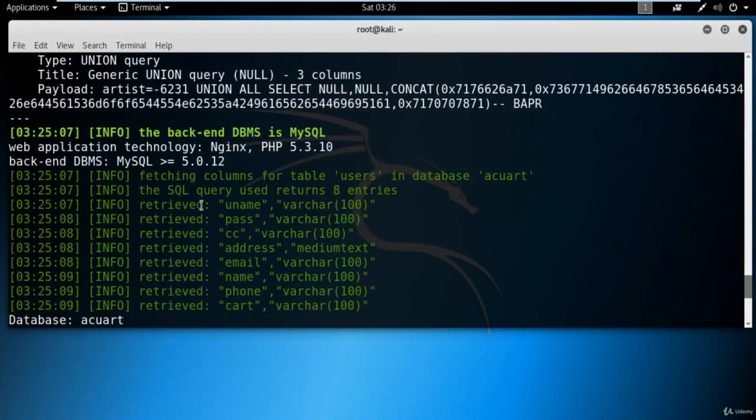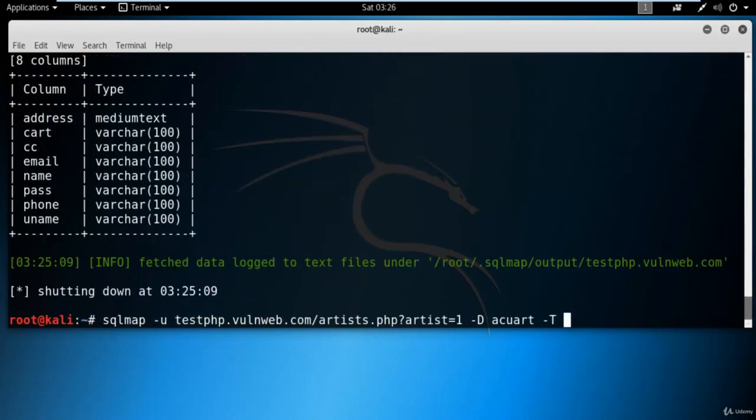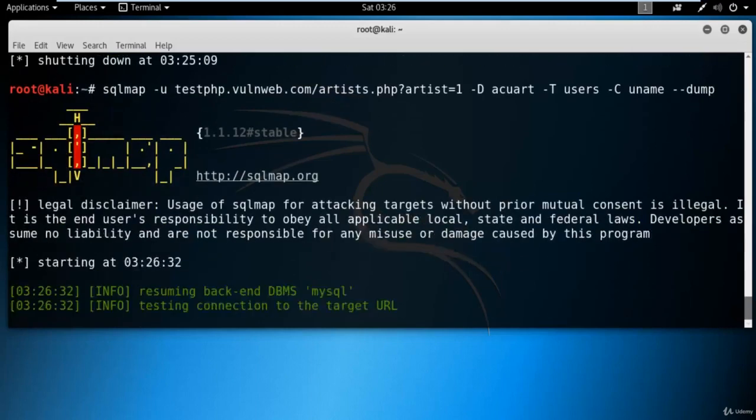Inside the users table, we are trying to find the column. So the column name is uname. You can type -C and uname, right? Space --dump. Finally you need to type --dump to extract the information about username from these tables, right? Hit enter.